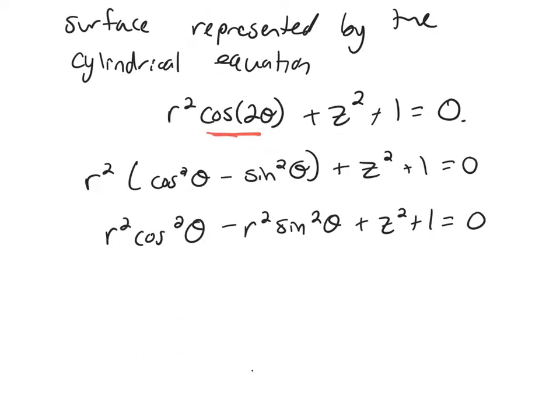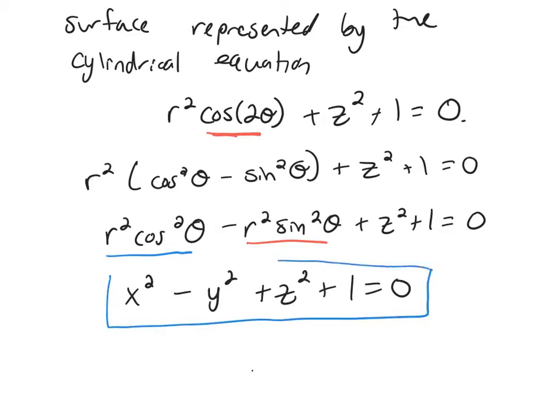Well, r squared cosine squared, this is just x squared, because x is r cosine theta. And then this over here, that's just y squared. Y is r sine theta. Plus z squared plus 1 equals 0. So you could stop here because we've converted the equation, but maybe we want to identify what kind of surface